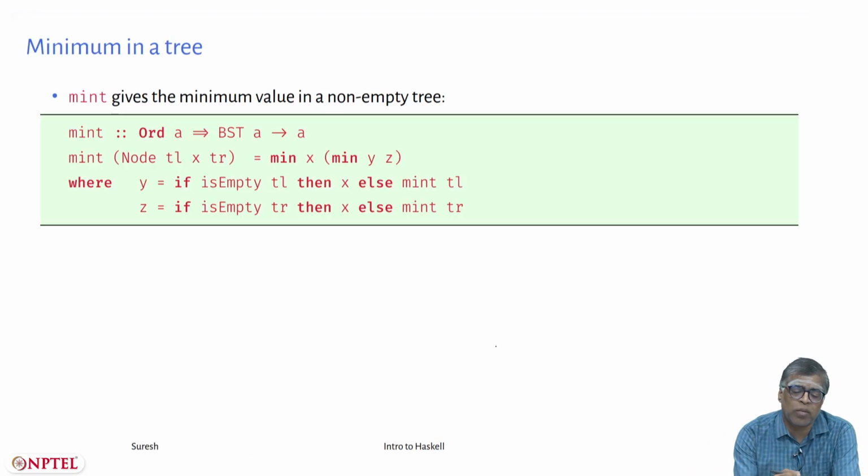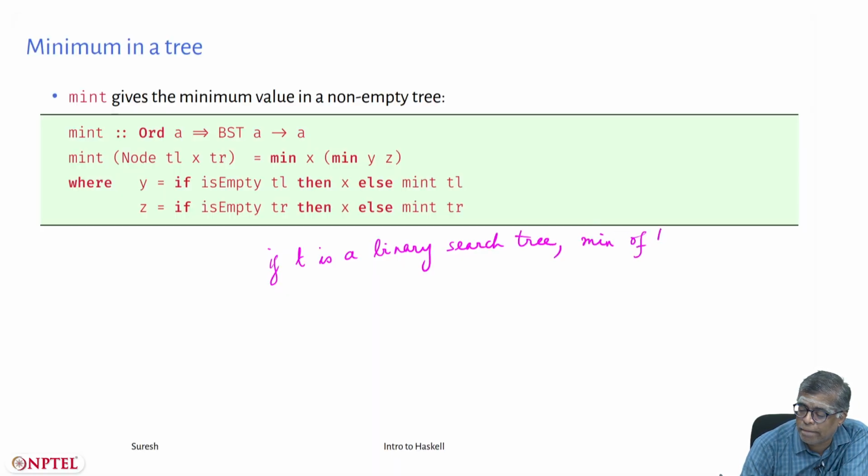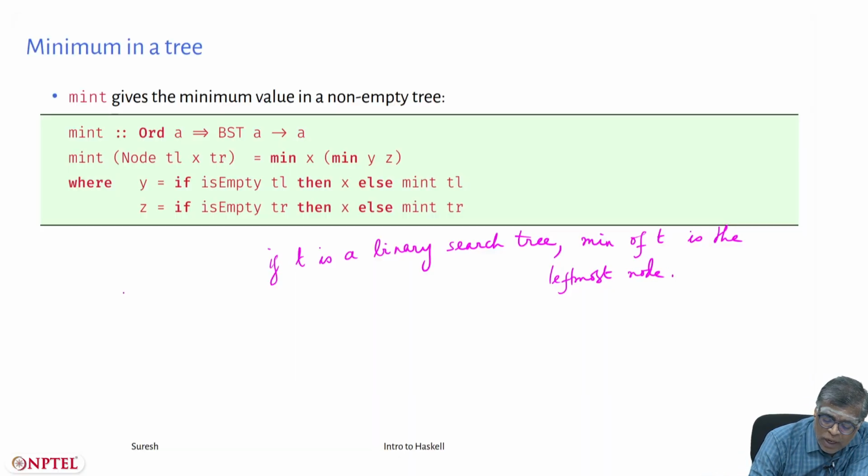I want to find the minimum value in a non-empty tree. Actually, if you think about it, if T is a binary search tree, min of T is the leftmost node. I wouldn't say leftmost leaf, I should say leftmost node. Why? Because I might have